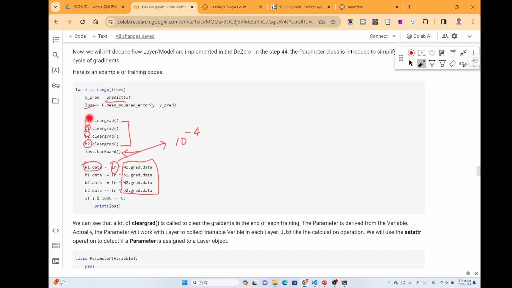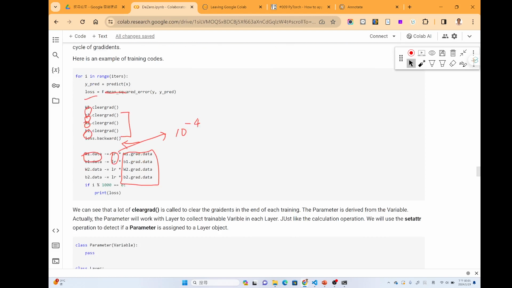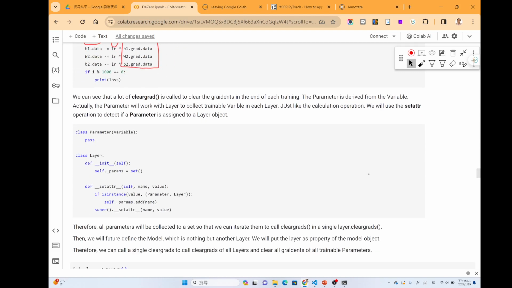Here we have only 4, but in a real case it might have millions of variables, and then we need to update all of those variables by using the gradients we calculate in the backward function. So this is not a very convenient way to do that.